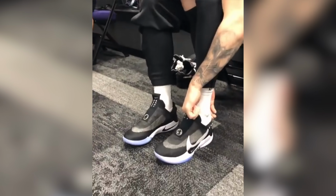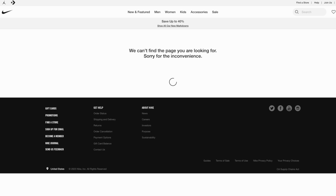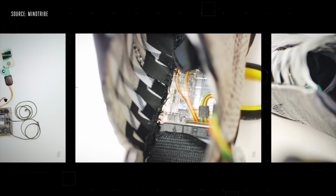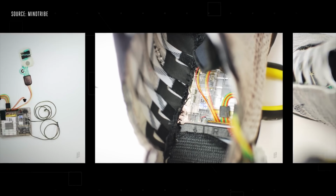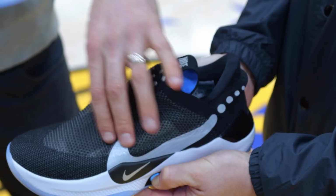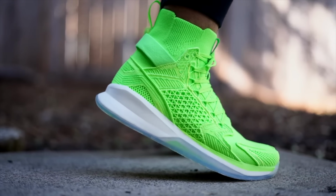Now it's 2023, and if you look up these shoes on Nike's website, you are going to see the page is no longer found. So though they're not currently available, hopefully they're at work making them even better and cheaper. And then maybe I'll pick up a pair of these shoes. But later in this video, we're going to cover some crazy tech that you can actually pick up today,